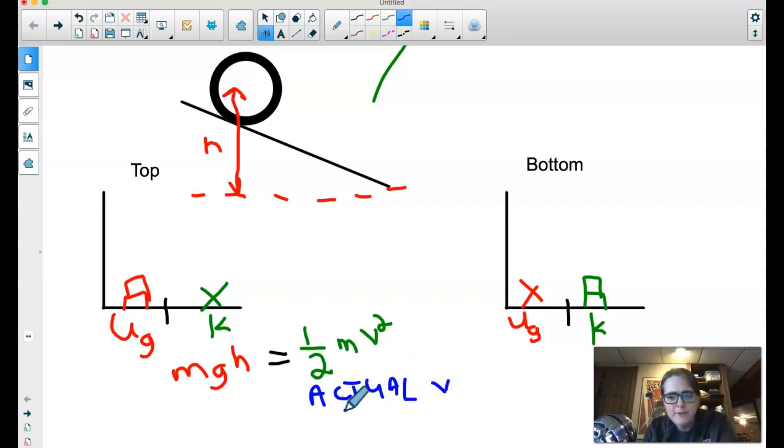And it can be a difference by as much as 60%, which tells us it's not just uncertainty. It's something we're not accounting for. It turns out there is a form of energy that we haven't dealt with yet that's really important in this